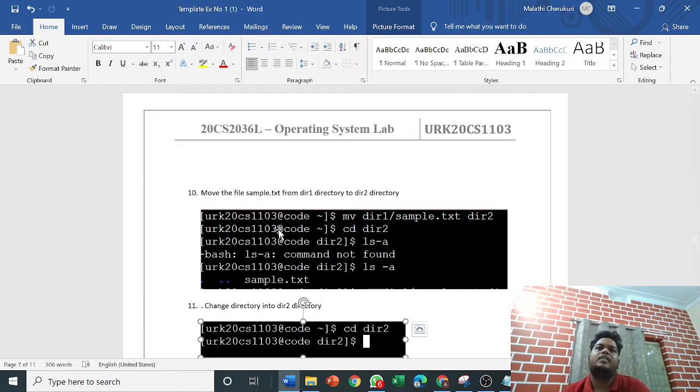So for moving files from one directory to another, we need to use mv. So mv, I need to move from directory 1, and inside directory 1 there is a sample text, that's the file name, to directory 2. So the sequence is very easy. First we need to have directory 1, then slash, then the file name, then directory 2. After that,